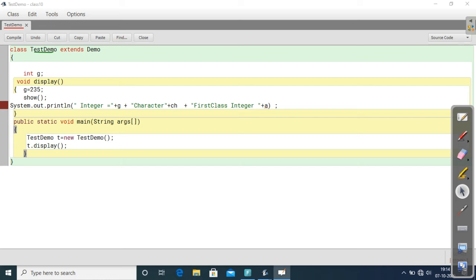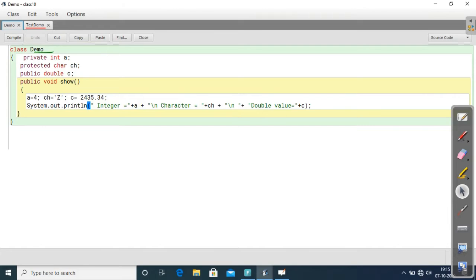That's why we can't access it. Even a subclass can't access it. But character ch is a protected one, so we can access it in the subclass. That's why character ch is displaying, but in the case of the private integer, it's showing an error. You can see the message here: a has private access in demo.